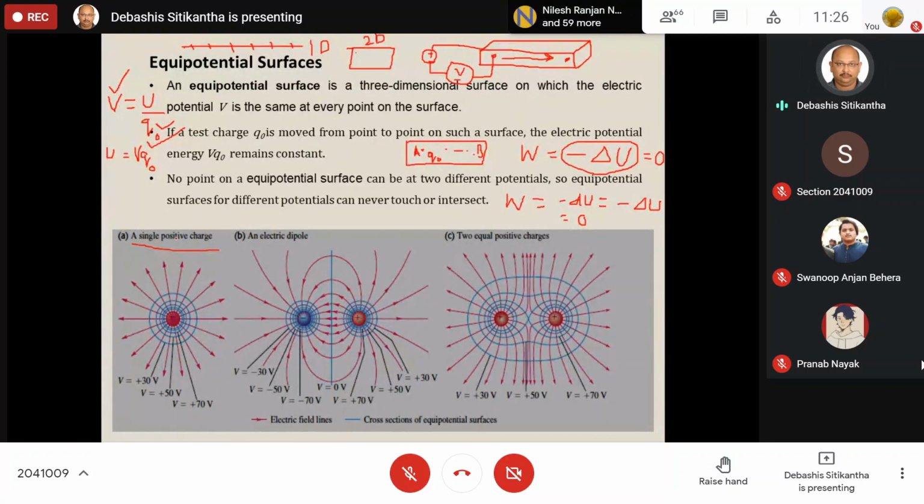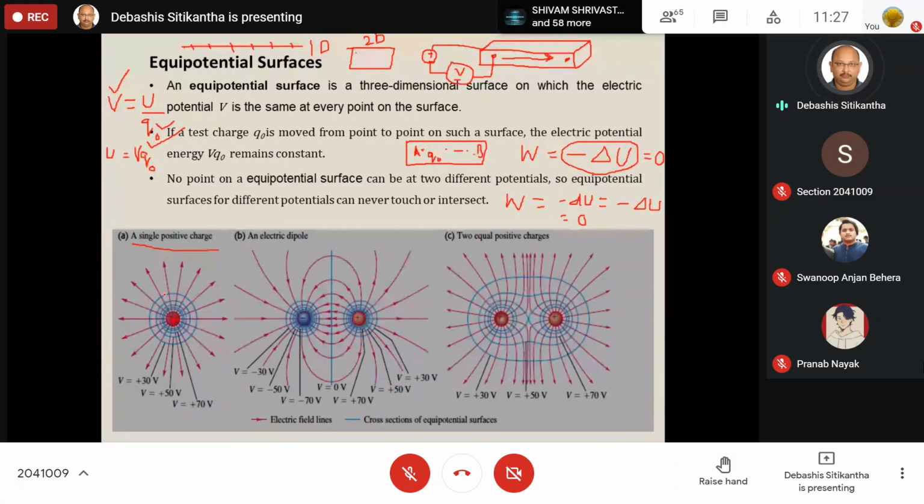It is only for a positive charge, and we all know that if I have a positive point charge, then the electric field lines are going to radially move out in all three dimensions. Over here you are only seeing two dimensions, but truly speaking, it is in all three dimensions. That means the electric field is going to move out just like spheres, or just like the rays of sun